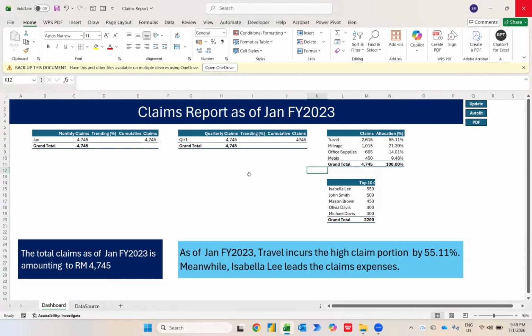So today I'll show you a dashboard preparation using VBA code. If you look over here, we do have a data reporting that shows the claims report as of January 2023. So we have the monthly data, we have the quarterly data, we do have the allocation like travel, mileage, and